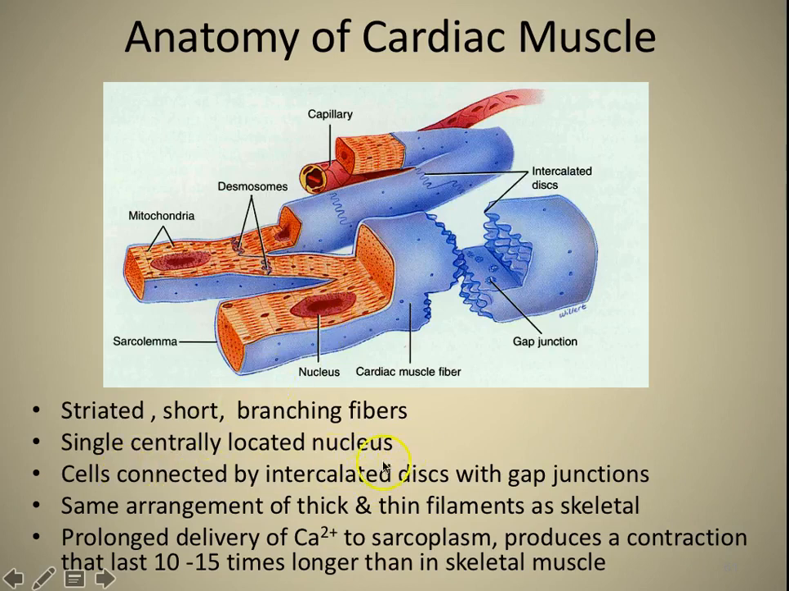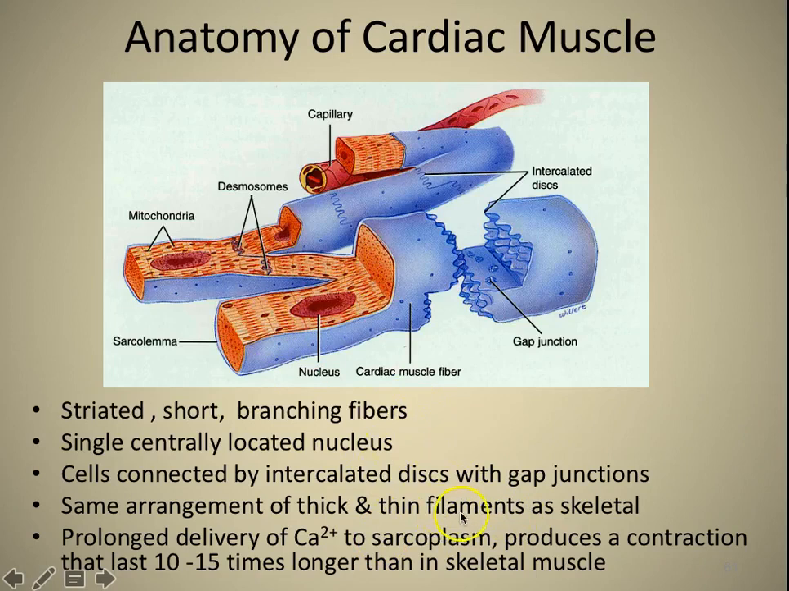The cells are connected with something called an intercalated disc. It has gap junctions and what are known as desmosomes. If you remember back to that lecture, desmosomes help anchor cells to one another. The gap junctions allow for communication between the cells. Right? We see that they're striped because they have that same thick and thin filament arrangement in the sarcomeres that